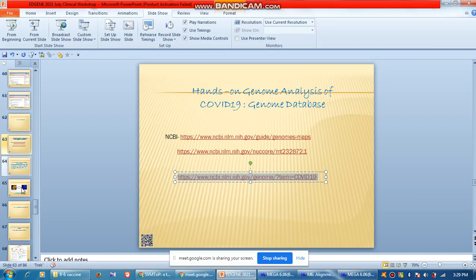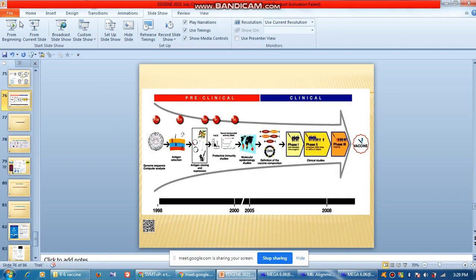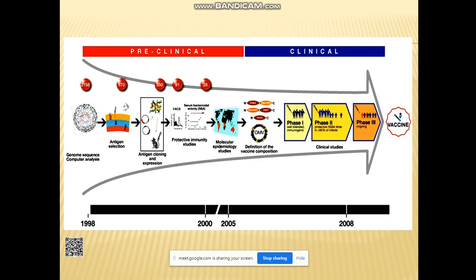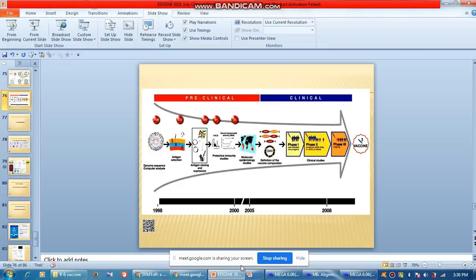So due to the presence of this kind of tools only, once upon a time we had a requirement of approximately how many days? Approximately 1 year. Not year. See, 1 year to make a vaccine. So many things to be done. Phase 1, phase 2, phase 3. If you see, to develop it, from 1998 we started, and only in 2007 we were able to start the trial. But in this case, as you know, there has been a rapid shift. Why? Because of the machine learning techniques.